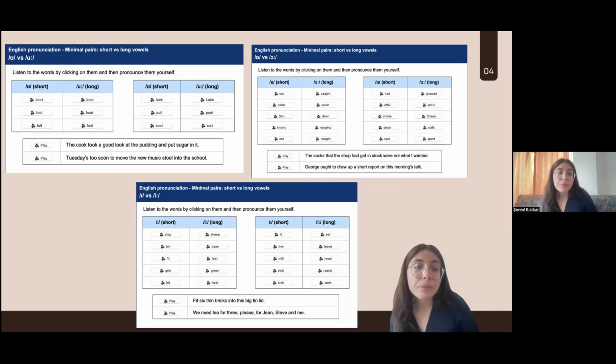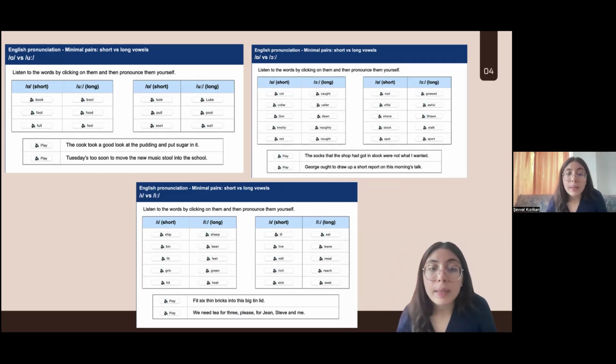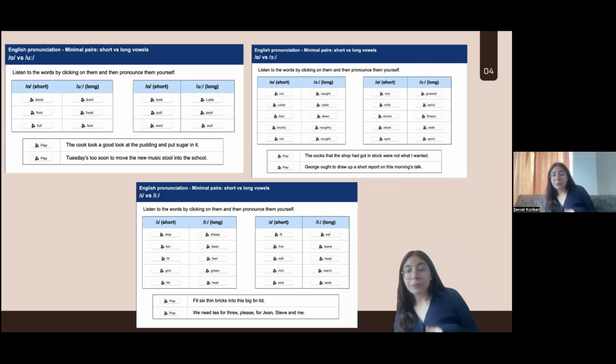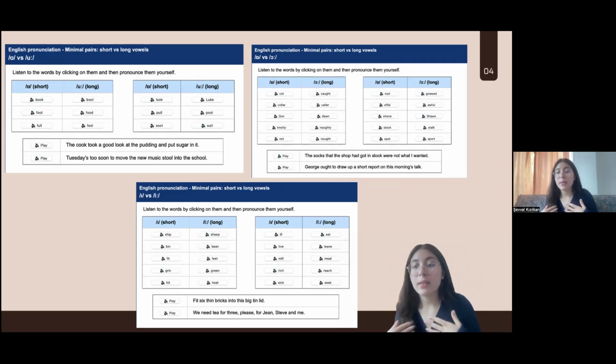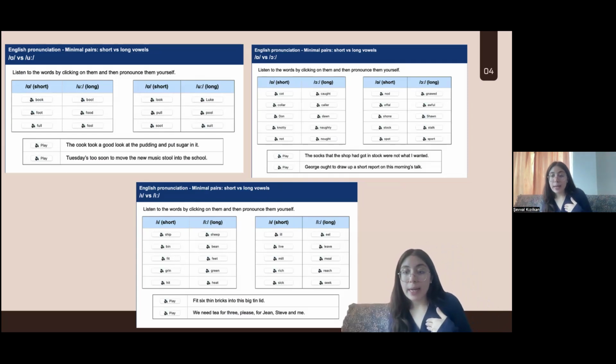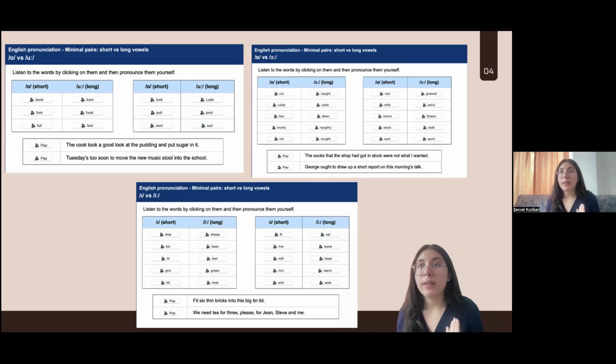Ship, sheep, bin, bean, fit, feed, grin, green. For example, let's imagine this is green. My shirt is green. Not my shirt is green. No, my shirt is green. No, my shirt is green. Okay,